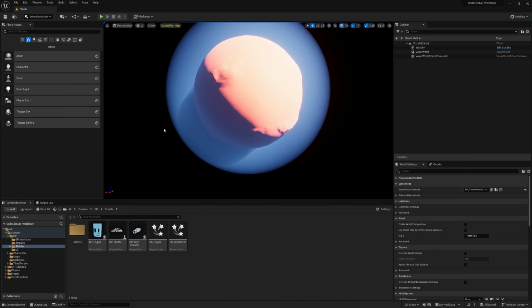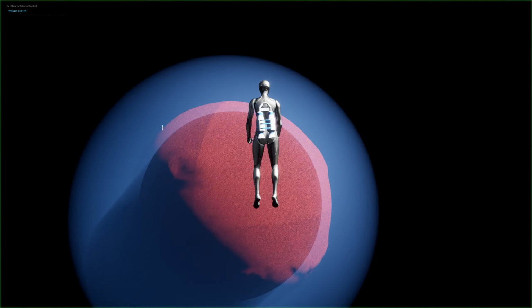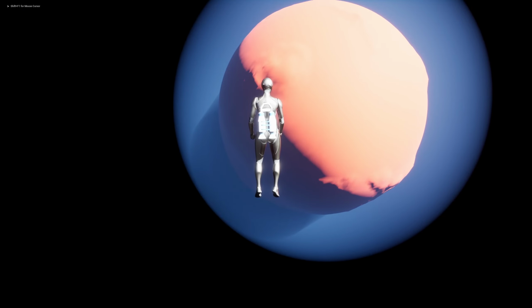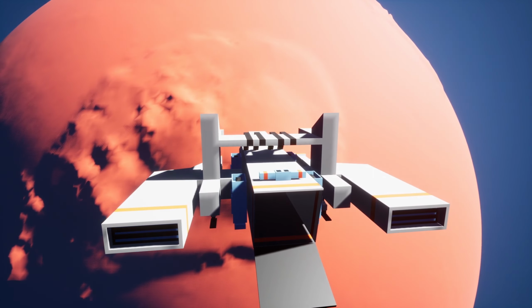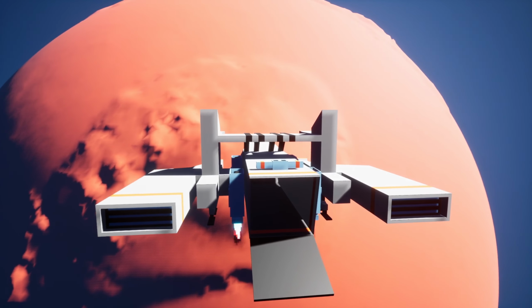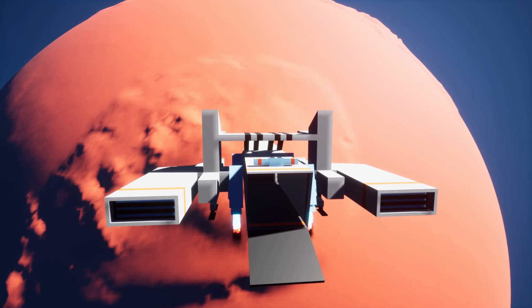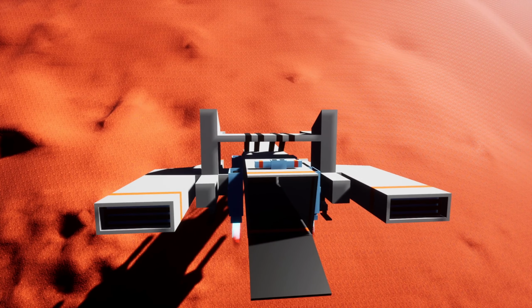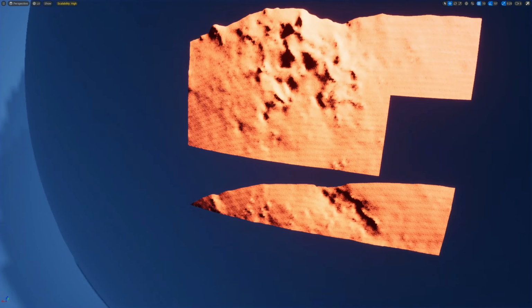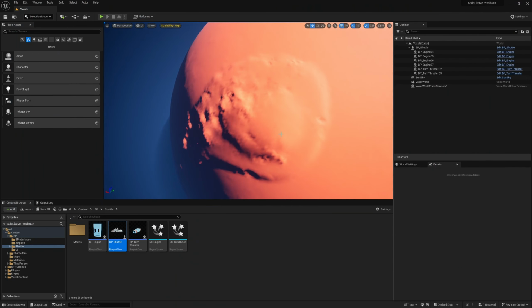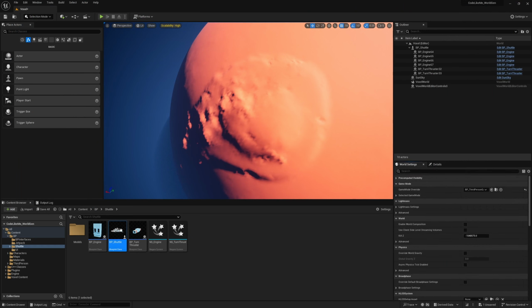Okay, now this is what we have in this project as of the last episode. Here we have the character, and we have already finalized the character with all the gravity transitions and everything, but obviously it's not designed to have any kind of planet gravity. So even if I land it on a surface, it will just try to go straight through the planet. It will not align itself with the planet or anything. Let me just show you. See, this is what happens. So first, let me open the blueprint,